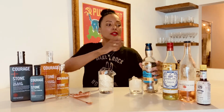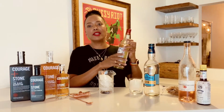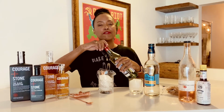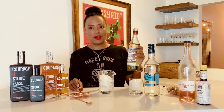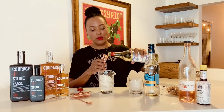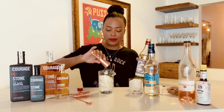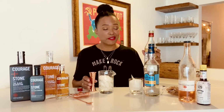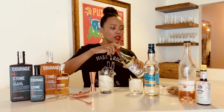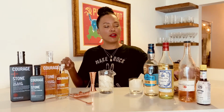And you can then decide how much vermouth you want to use depending on how you were feeling or how heavily quarantine is weighing upon you. 1-to-1 is a nice kind of light ABV, very fresh floral drink. I'm gonna do 2 gin to 1 of the vermouth, which is just gonna be a little bit more intense, but they're both good ideas. It's your drink. I'm not gonna tell you how to live your life. So I did 2-to-1, 2 ounces gin, 1 ounce of the Blanco vermouth, and then 3 bar spoonfuls of the